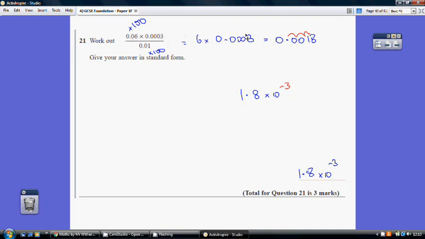So I can just work this out. So 6 times 0.003 is 6 3s are 18, so that's going to be 0.0018. So my final answer as a normal number is 0.0018. Now, standard form answer, the first component has to be